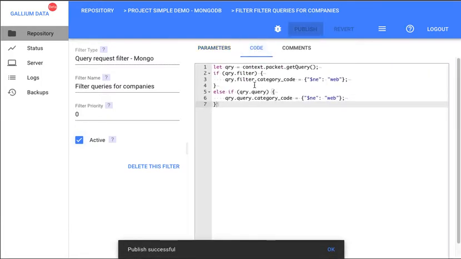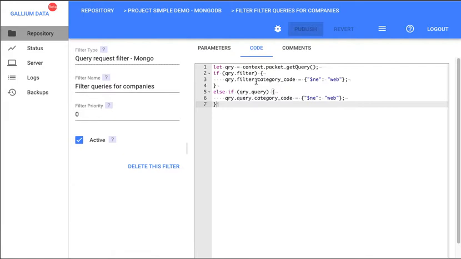All it's doing is changing the queries that come from clients before they hit the database. And it's basically saying, make sure that category is not equal to web. This is the syntax by Mongo. That's how Mongo does queries. Okay, so the filter is active. That means that